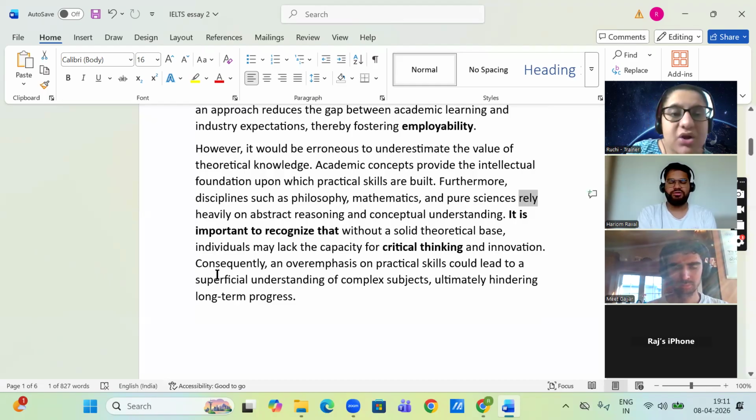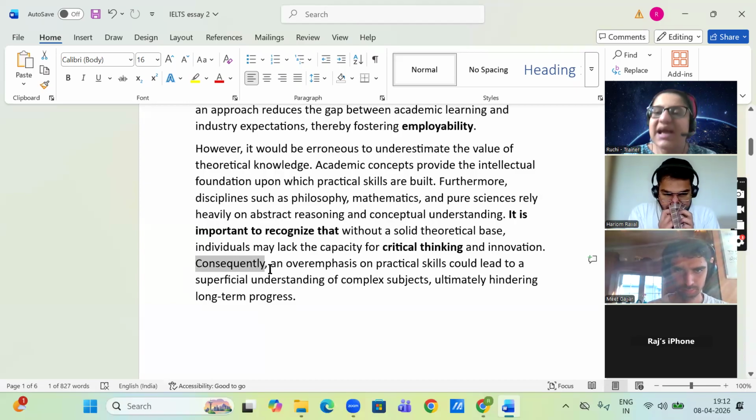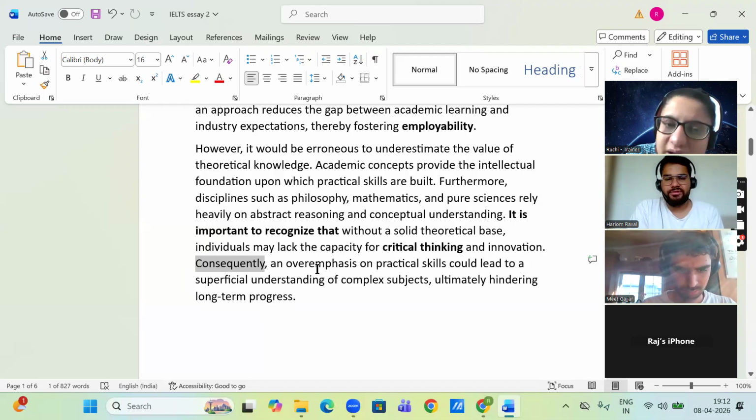innovation. Now, consequently, we did this yesterday also. Consequently means as a result, right? So keep an eye on its spelling. Consequently, as a result of this. Consequently, an overemphasis on practical skills. If we put too much emphasis on practical skills, if we overemphasize it. Consequently, an overemphasis on practical skills could lead to a